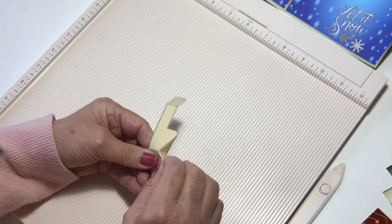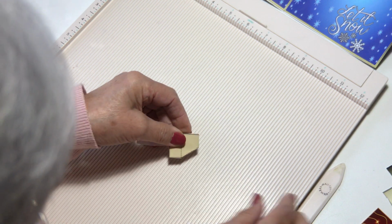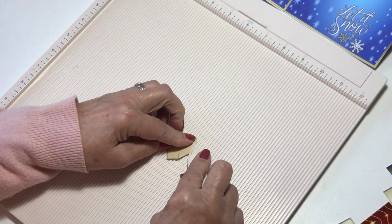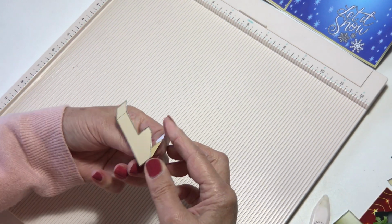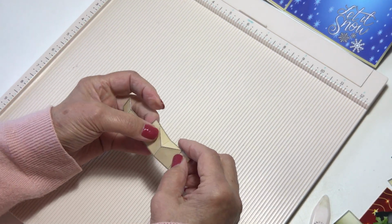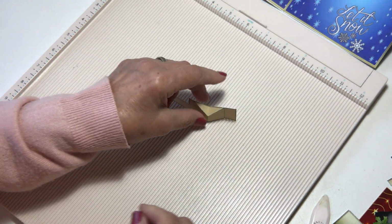There we go. Now you can take your mountain fold in and squeeze it like that and use your bone knife to get that nice and sharp. Whoops. And that's what you've got. All right, the next bit